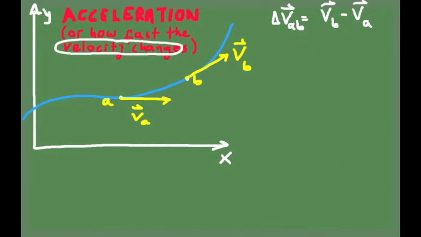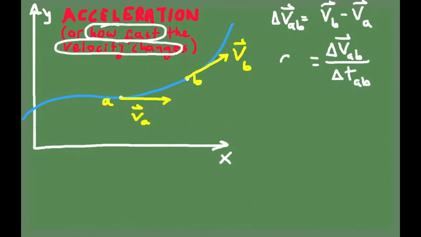So what about the part that talks about how fast? For the how fast part, we want to compare the change in the velocity with how much time it took for the particle to change its velocity that much. So that means we want to take the ratio between the change in velocity and delta t. That's the quantity that we're going to call the acceleration, but here we have to be careful